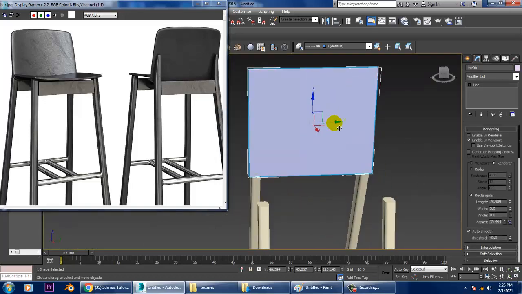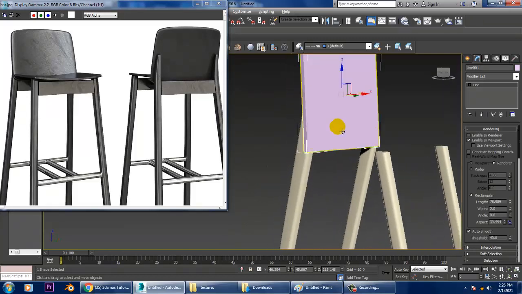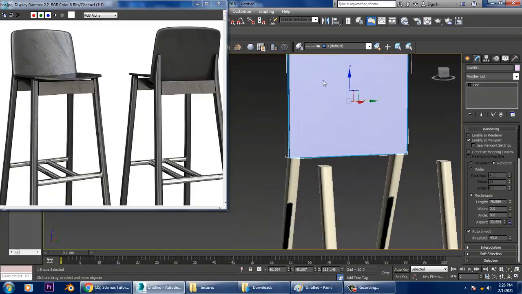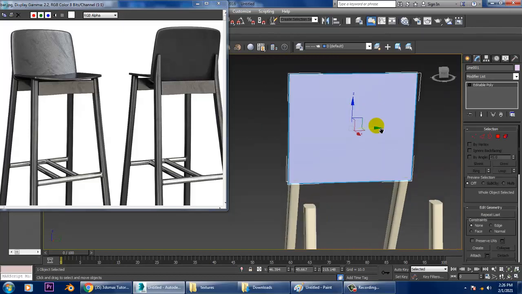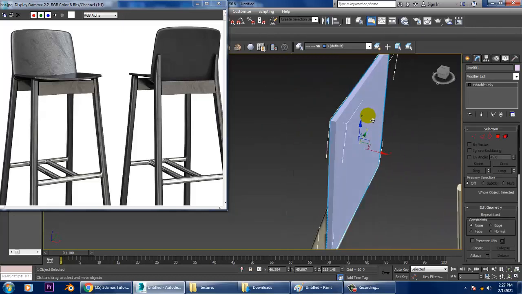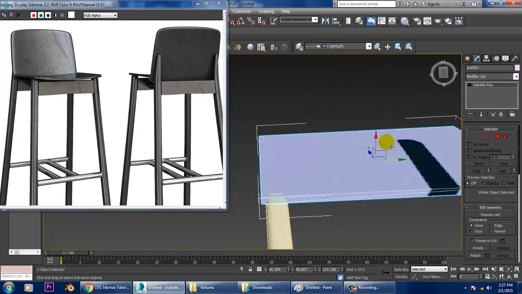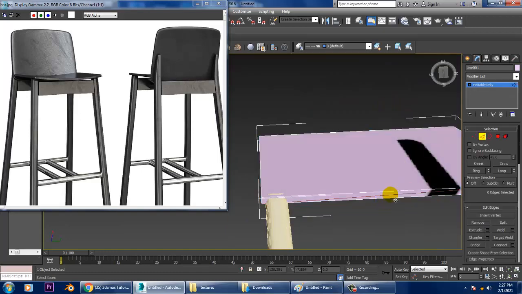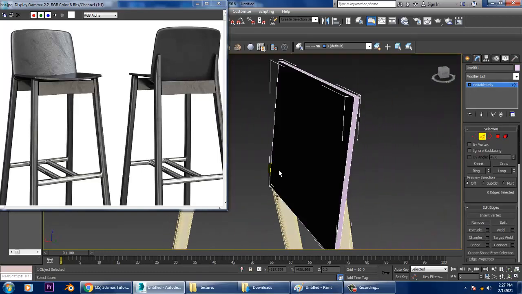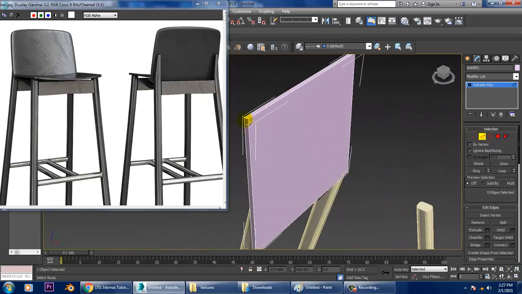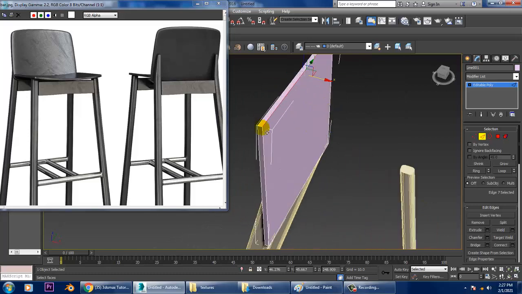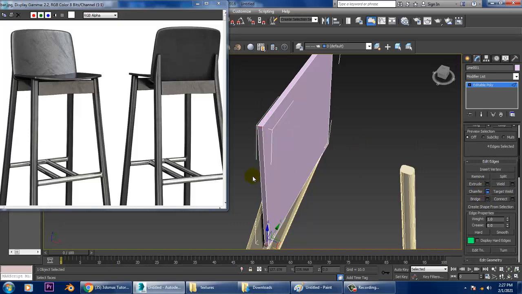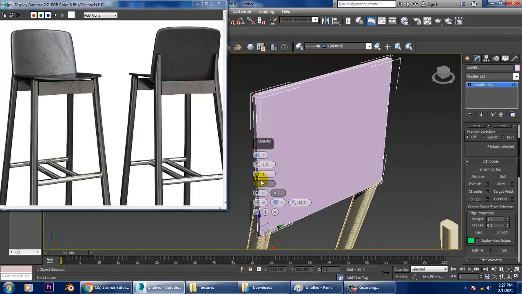I can convert this to editable poly, select the edges, go into the edges, ring it, and slightly chamfer that part.